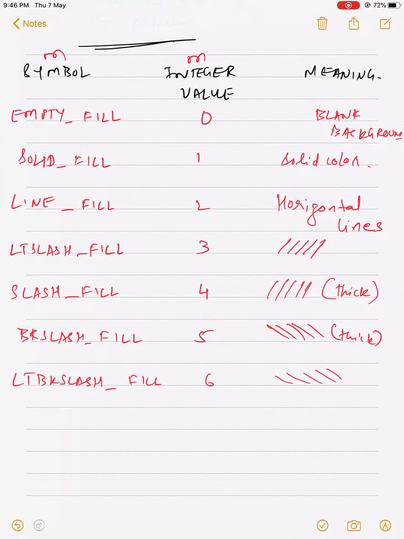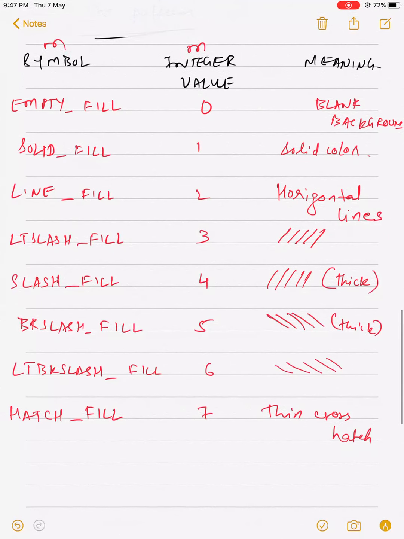Then comes HATCH_FILL, the number is 7, sorry, 7. That will have a thin cross hatch.